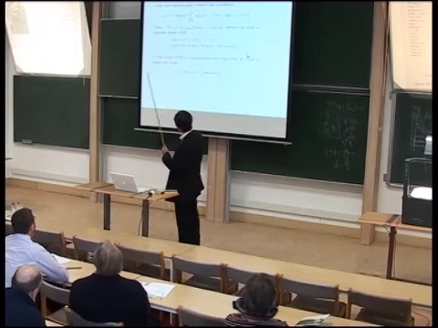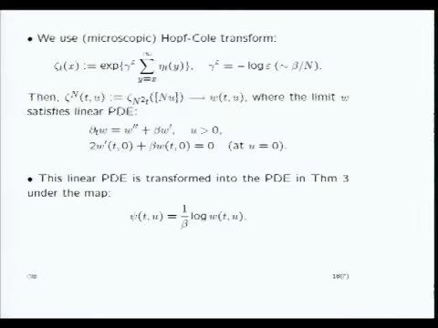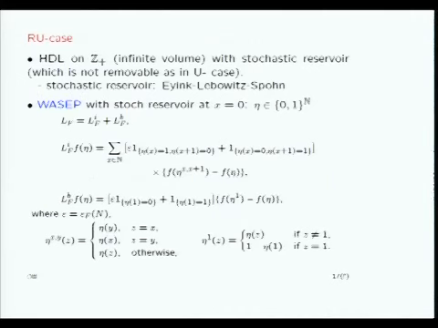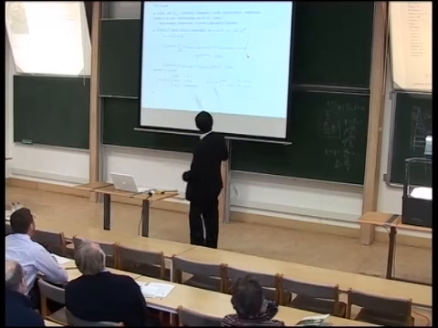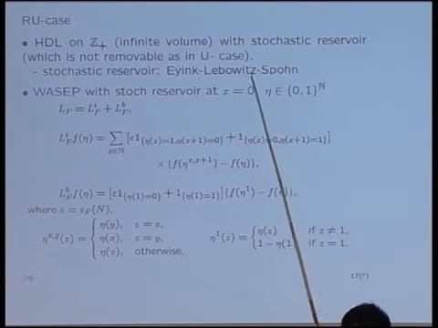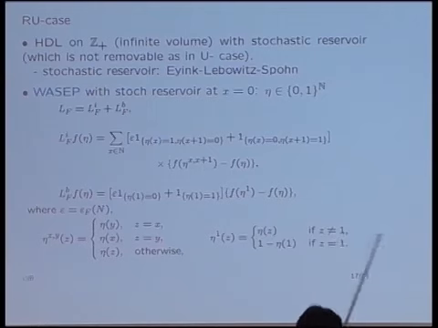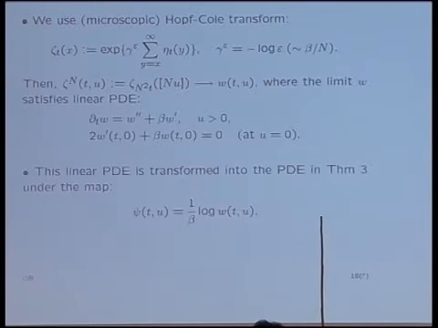So the only point is how you can prove the boundary condition like this. There is a way shown by Eyink, Lebowitz, and Spohn almost 20 years ago, but this is rather complicated. But in our model, we can skip it. They proved the so-called one block estimate at the boundary, but we can skip this kind of complicated argument. It is a much simpler argument.